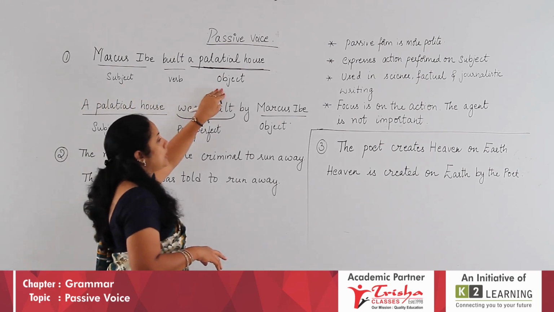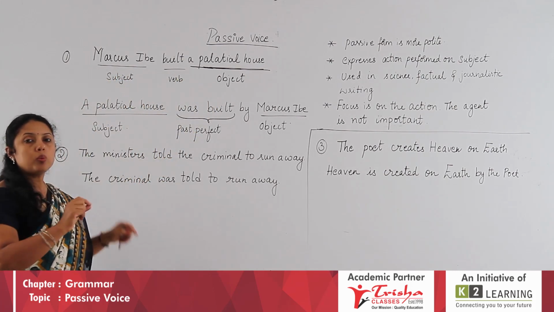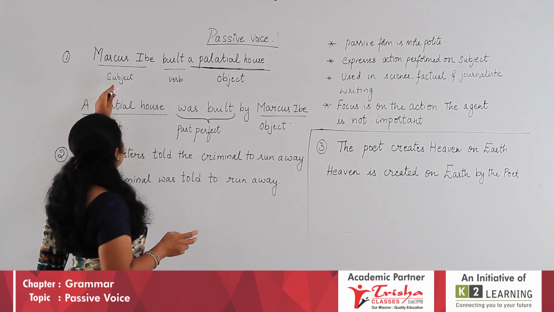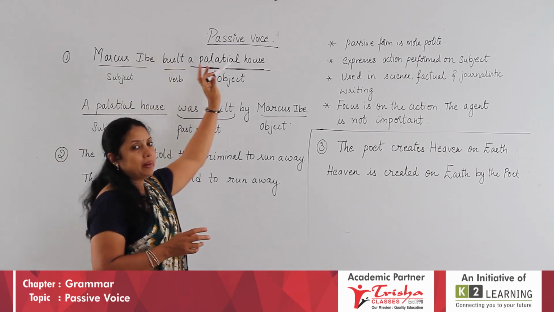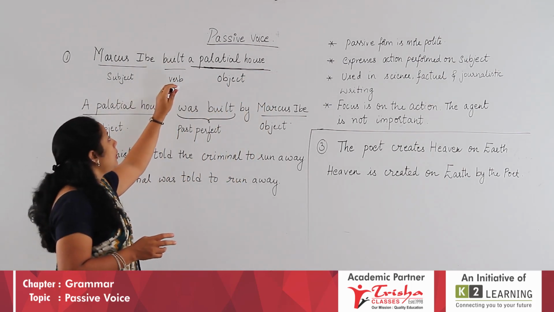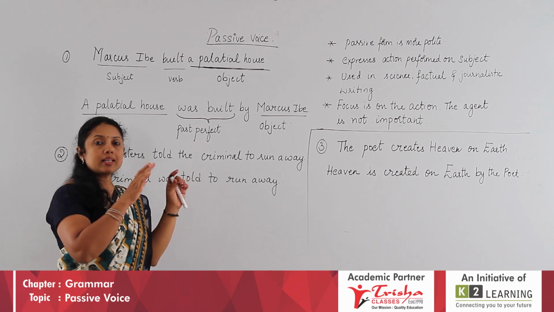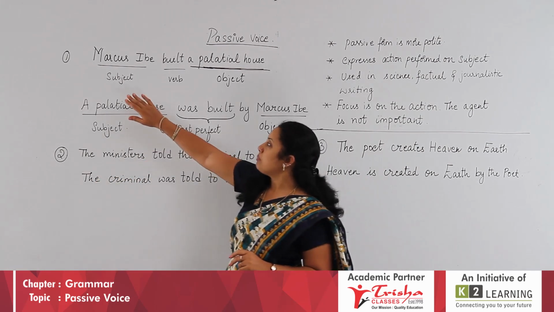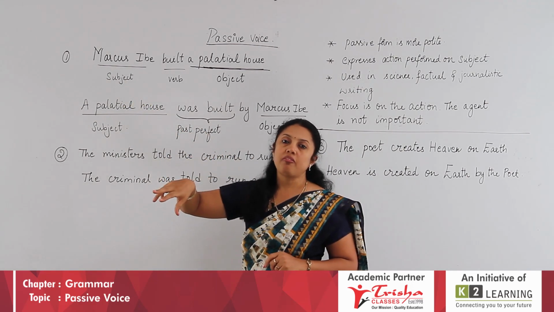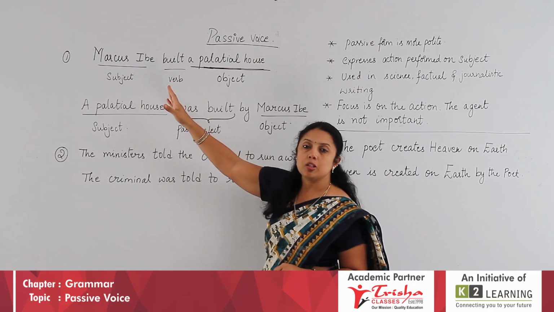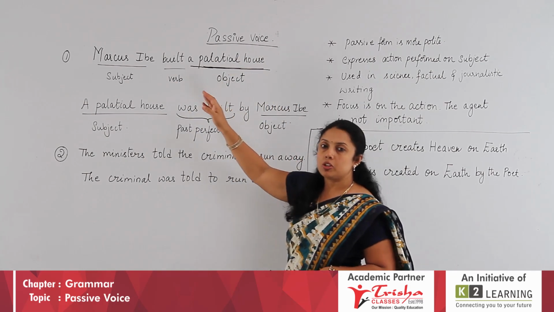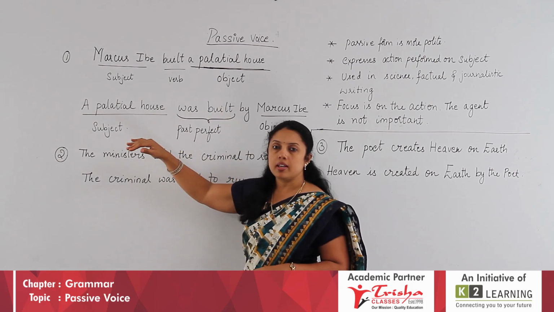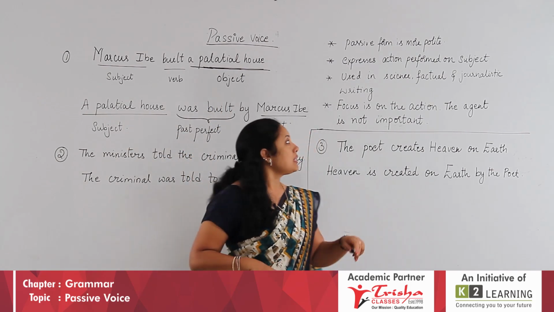Subject and object. The subject becomes important. Who built the palatial house becomes very important. So it is Marcus Ebay built a palatial house: subject, verb and the object. This is in the active voice, wherein the subject is considered an important factor and the object is pushed to the end of the sentence, which means that it is very less vital. When I change this into a passive voice, as I have been doing here,